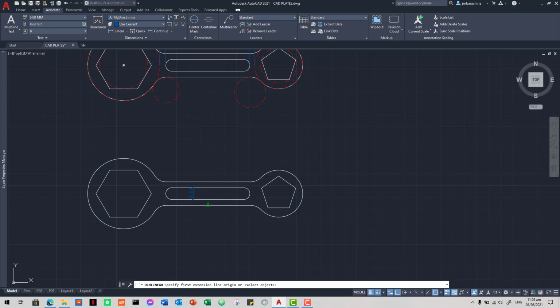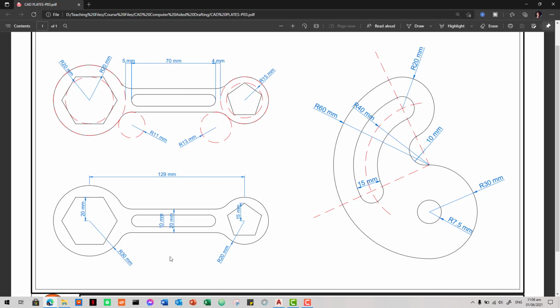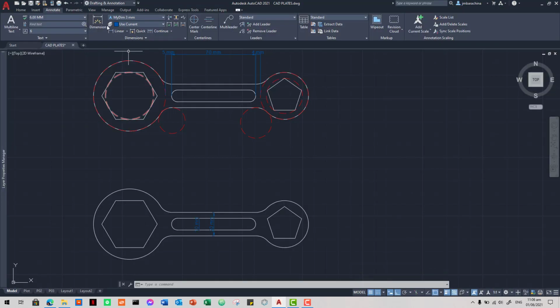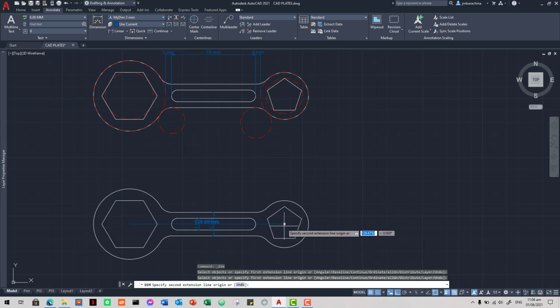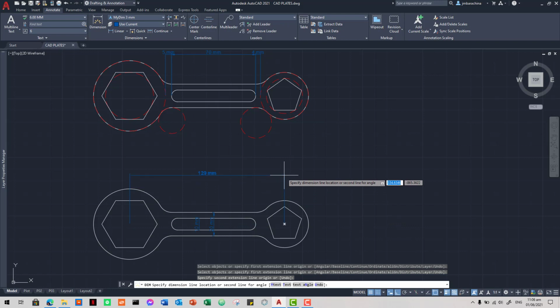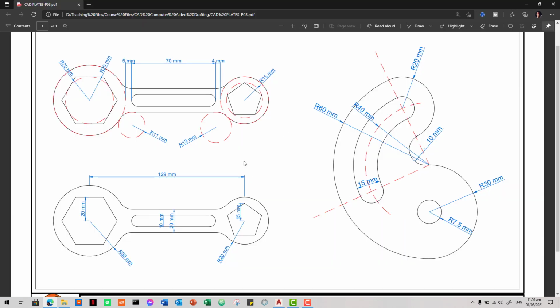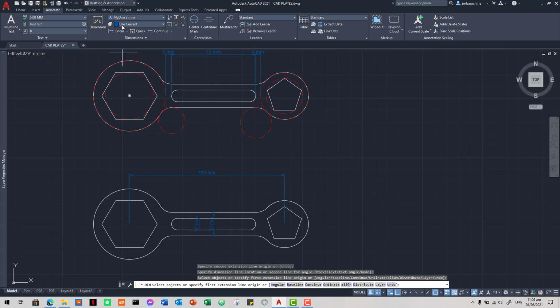Another one, this would be 20 millimeters. And what else? Center to center, that should be 129. And what else in the linear? For the polygons, we'll have